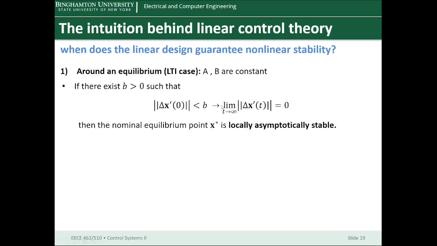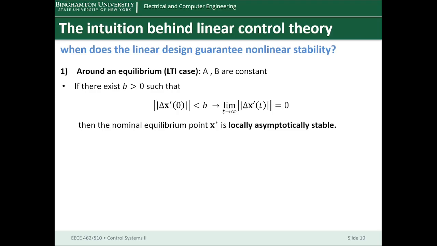We can consider two cases. Suppose our nominal trajectory is an equilibrium point. In this case, A and B are constant. We discussed this before. Nonlinear system theory tells us that if the perturbation in the linearized system, delta x prime of t, converges to 0,